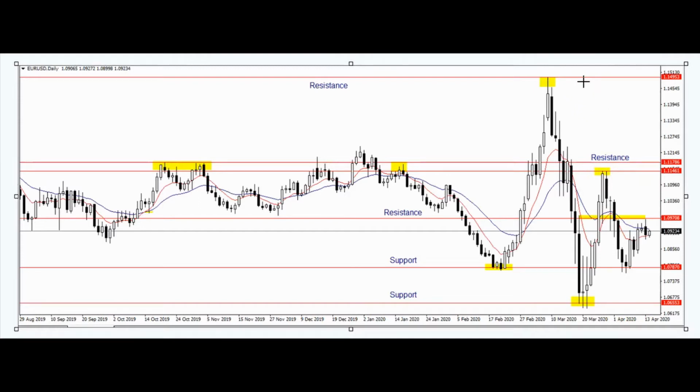The bias is bearish, however, so we'll wait for a price action signal to form around this 109.70 area or this 11460 area to short. Our first target would be this 107.870 and potentially back down to